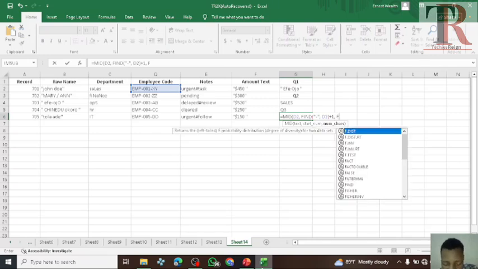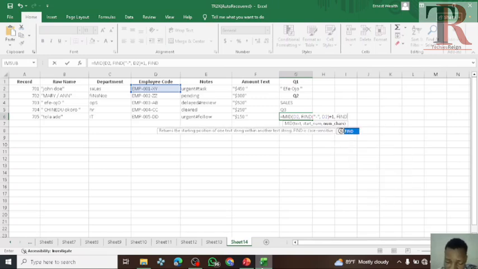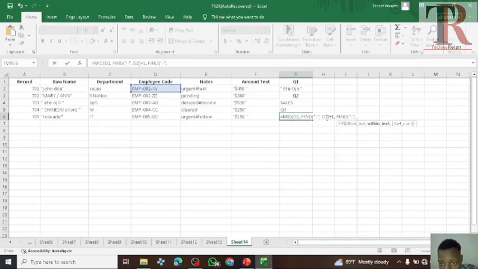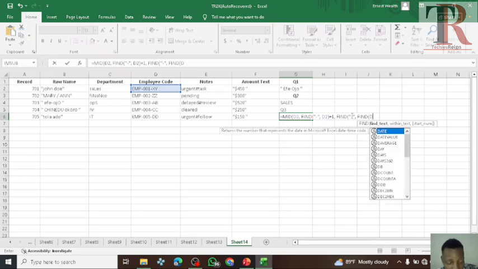Then find the dash from this first dash. What it says is to find the second dash from the first dash. So we are finding the second dash from the first dash, which is FIND, bracket open,